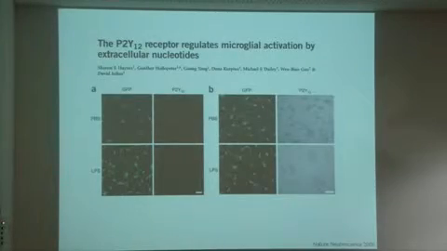So this is a paper published by the group of David Julius some 3 years ago now, where it could show that either when injecting LPS, which is a strong microglia activator, in the brain, or by using a model of traumatic brain injury, you have, in fact, an activation of microglial cells. So these are the LPS model, and the immunostaining for P2Y12 is completely abolished in these states of fully activated microglial cells. This is the same result, but looking at the messenger RNA instead of the protein.